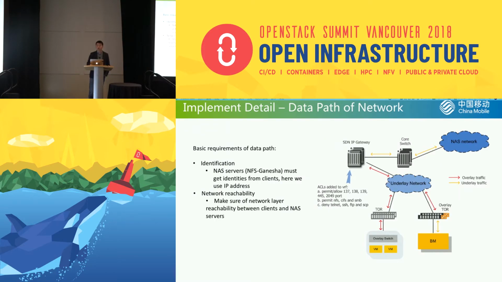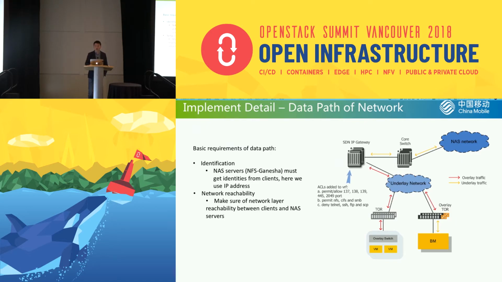As we use IP addresses for access control and resource isolation, the core of the network need is to make the virtual machines and bare metal servers network-connected in the L3 layer. We use an SDN solution to satisfy our network need. In the SDN gateway, add rules of NAS to guarantee the network